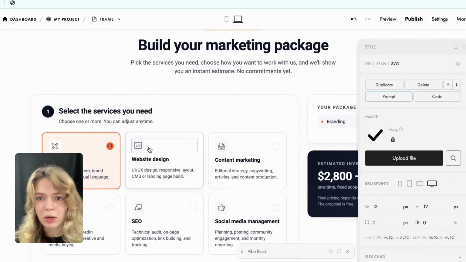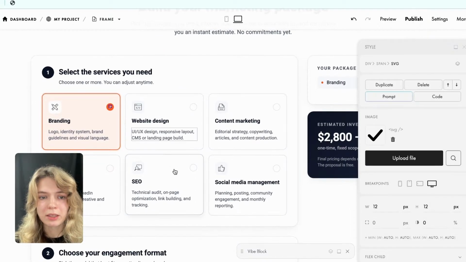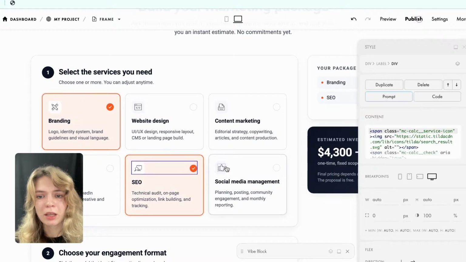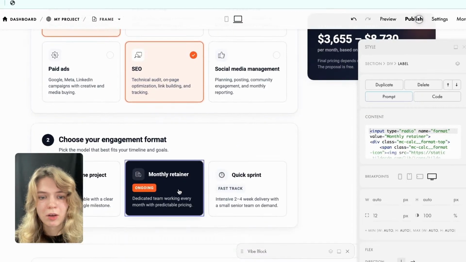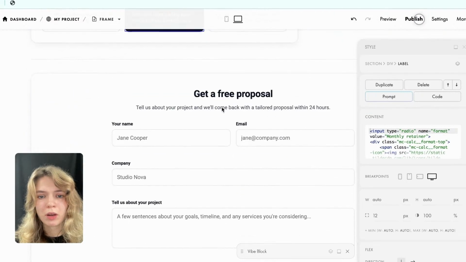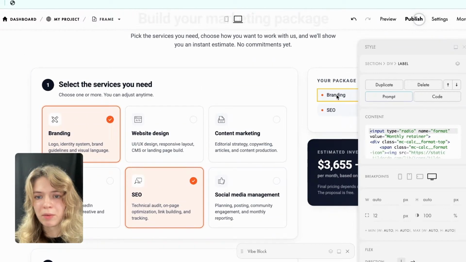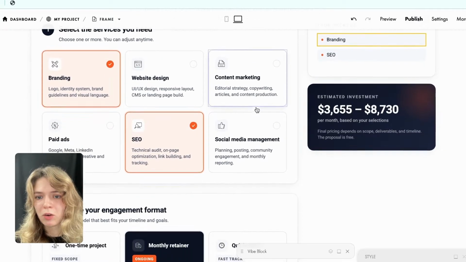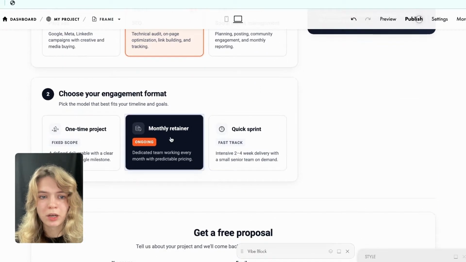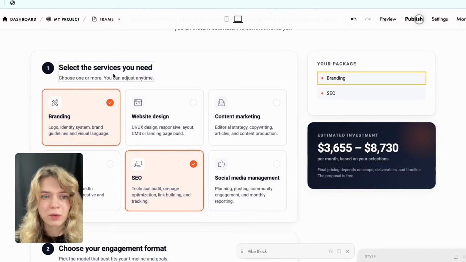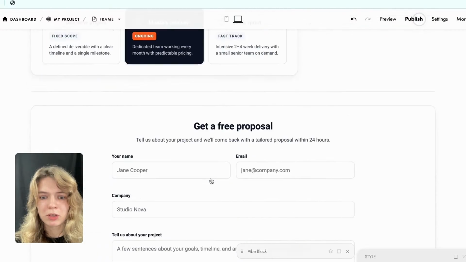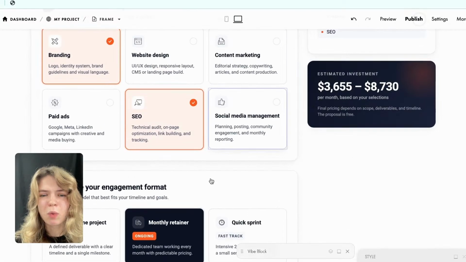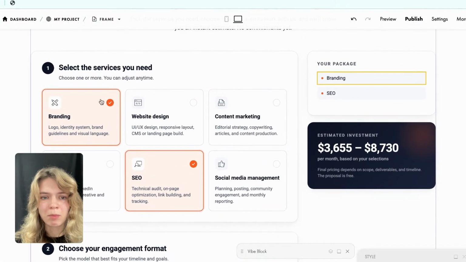Right, so let's go and quickly test it. So you can basically preview everything here. Let's quickly hide that. So SEO, SEO. So let's explore. So the services that you need. So we have branding, different options. Okay, so what I like to do here,